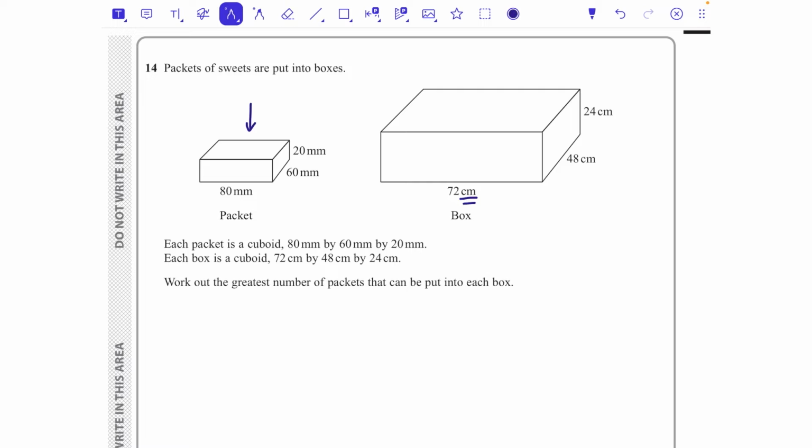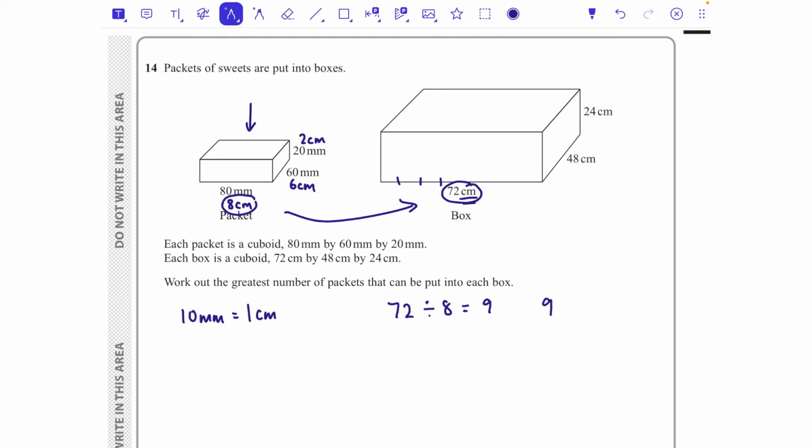So instead of saying 80mm, I'm going to say that's 8 centimetres, because we know that 10mm is the same as a centimetre. So that's 8. This one is 6 centimetres and this one is 2 centimetres. And that's going to make it a little bit easier to compare. So first thing I'm going to do is say how many 8s would fit into 72. So how many boxes can we fit going across in that direction? So 72 divided by 8 is 9. So I can make 9